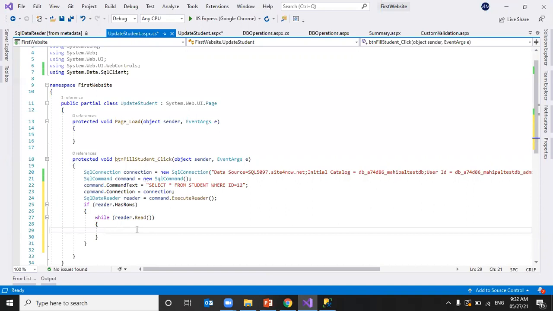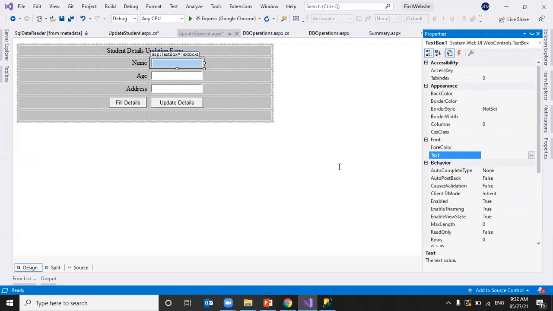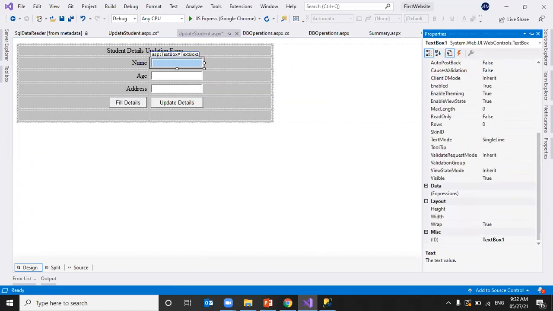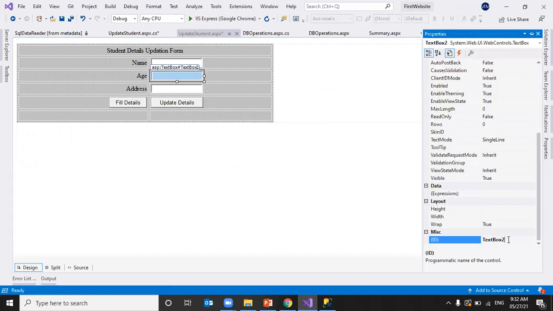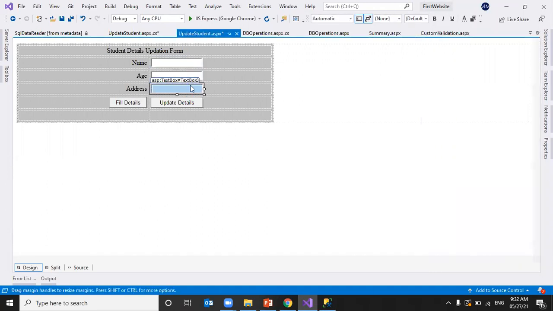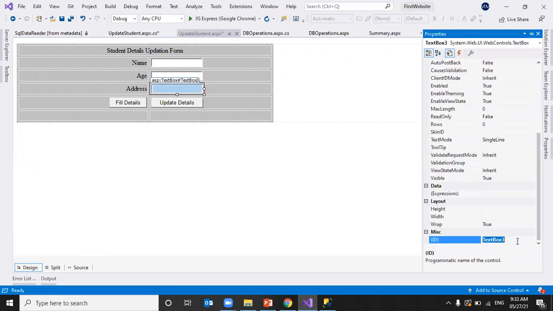First I have to assign this data to the text boxes. I have three text boxes, so let me give them IDs to easily understand: txt name, txt age, and for the last one, txt address.